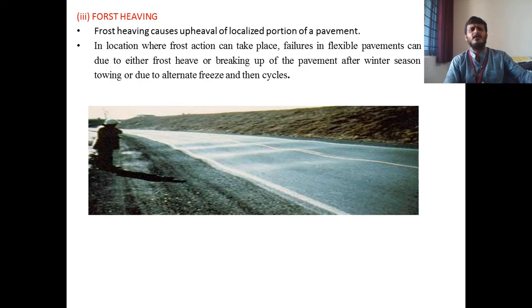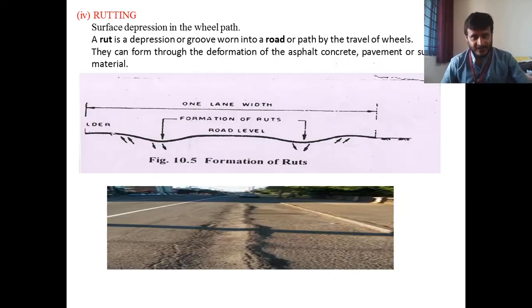So the next type of failure we have is rutting. One of the major flexible pavement failures that we often see on the road is the surface depression in the wheel path. As I discussed already, drivers tend to drive their vehicles on the same wheel path along the length of the road. Due to this, during high temperature conditions, these wheel paths are formed on the road pavement, due to the continuous application of the wheel load in the same direction and the same location.